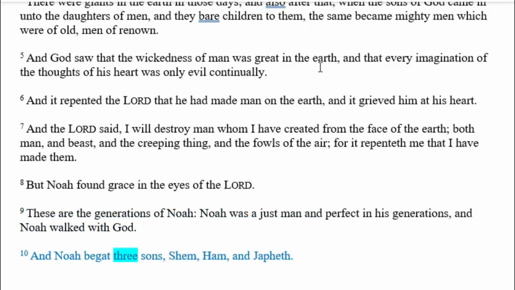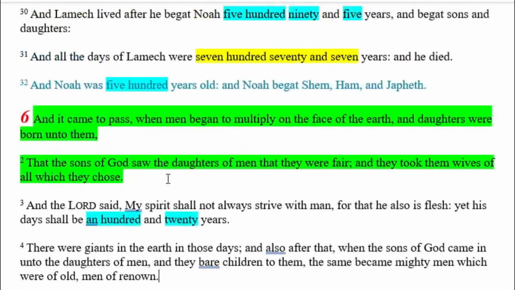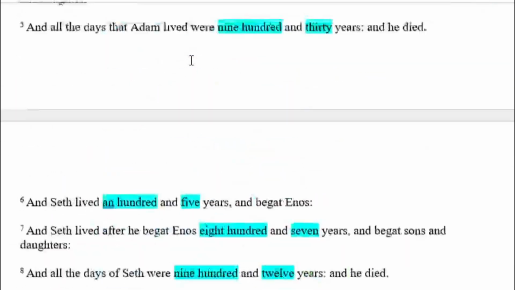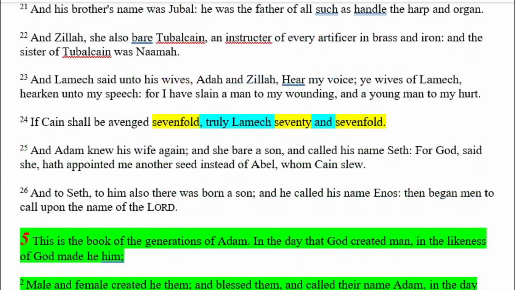And God saw that the wickedness of man was great in the earth, and that every imagination of the thoughts of his heart was only evil continually. And it repented the Lord that he had made man on the earth, and it grieved him at his heart. And the Lord said, I will destroy man, whom I have created from the face of the earth, both man and beast, and the creeping things, and the fowls of the air, for it repenteth me that I have made them. Okay, what I'm going to do is stop right there and say, right up here, when Cain